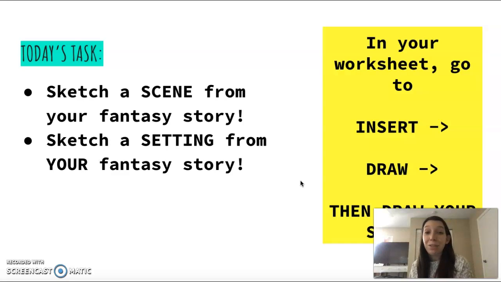This is meant to be really fun for you. You want to be thinking through these settings so that your story can be as good as it can be. So really make sure you spend some time brainstorming, imagining, and getting creative with your settings, so that when you go to write your setting, you know exactly how you want to write it and what you want it to look like in your head.